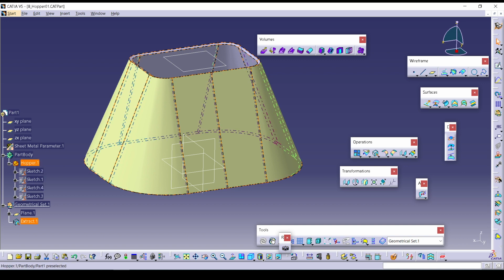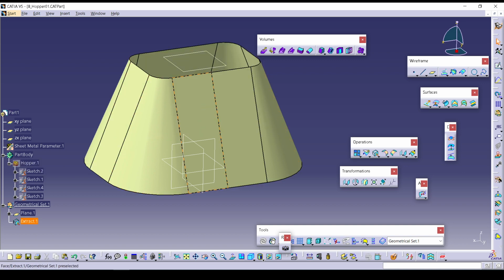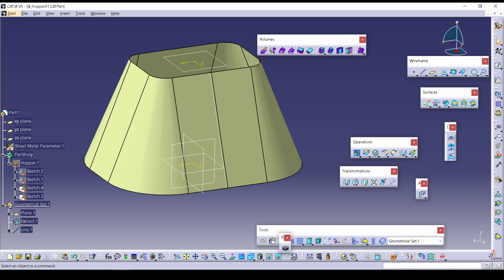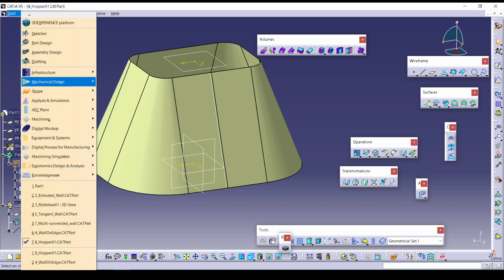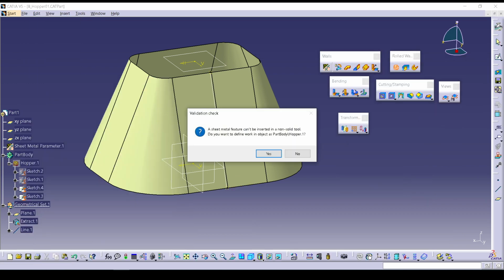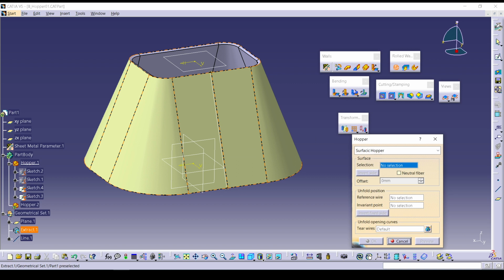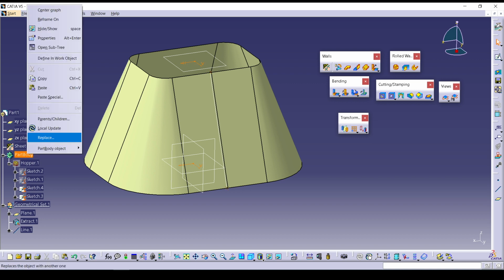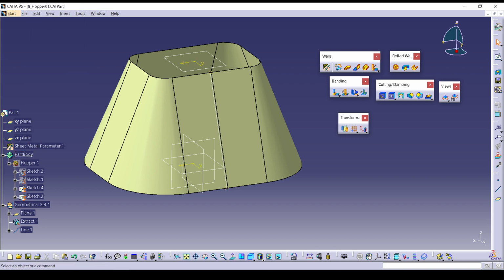Just extracted. Okay, just hiding this upper. In this I'll just hide these two and create one line by using these two points. Okay, now I want to do the hopper in a ruled surface, just creating the hopper. Now I will create a hopper,